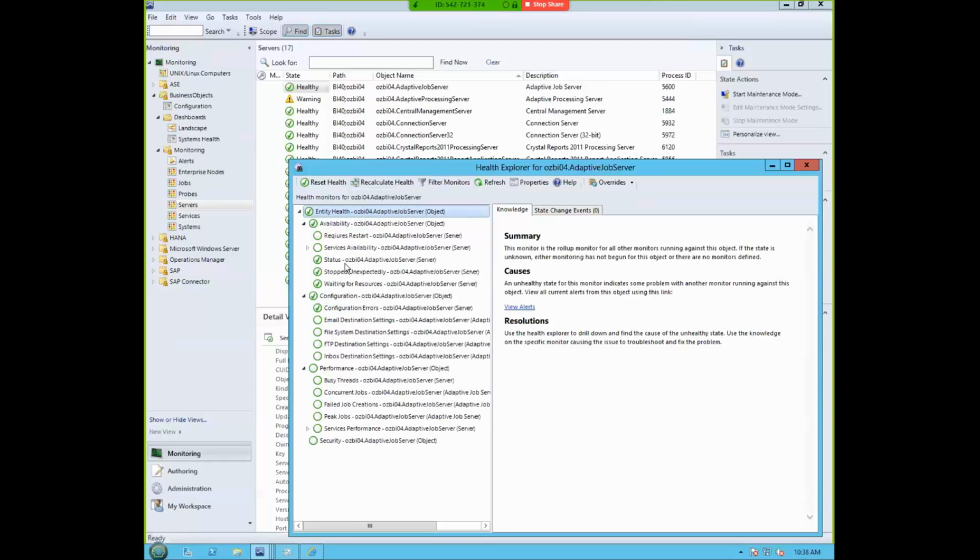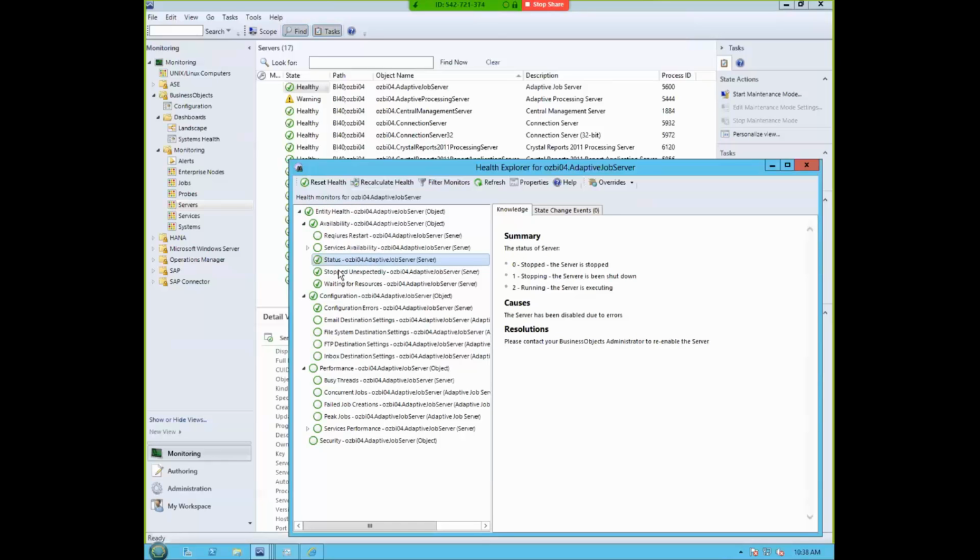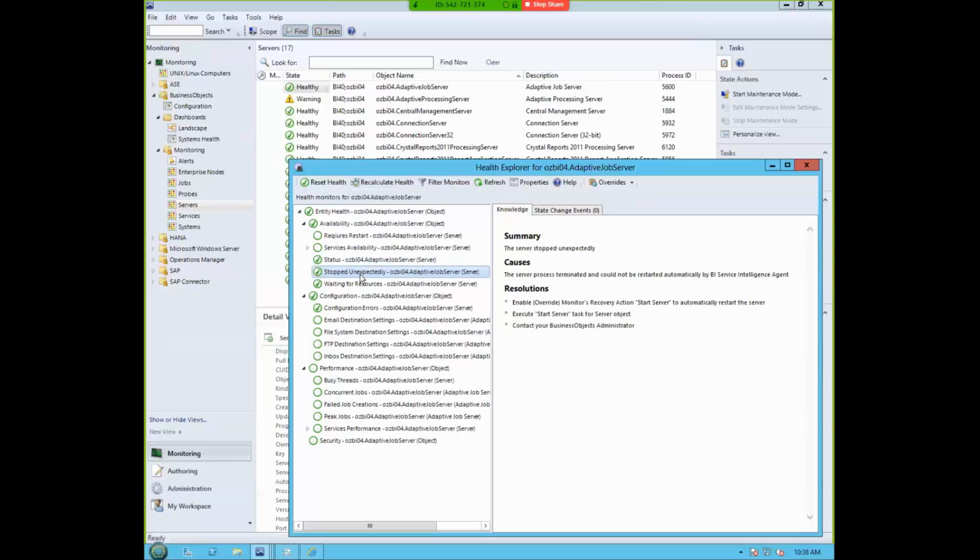So from an availability perspective, we monitor several aspects like status, and probably the most important metric is stopped unexpectedly, meaning is the status what is expected or not. Because if you shut down the server manually, you decide that it should be down and it should not be monitored. So we monitor it intelligently, meaning we know if it's an unexpected failure, and that failure will be flagged and an alert generated,